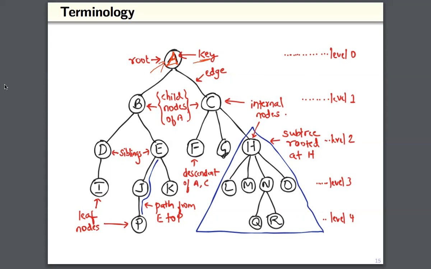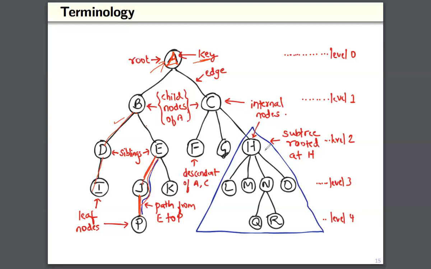Then what else do we have here? So you have the edge, child nodes of A, B, and C are child nodes. You can define child nodes, parent node, siblings, D and E are siblings of B, and leaf nodes, right? Leaf nodes, they do not have any children. And so each of this is an edge, a collection, a sequence of these edges is a path. These two edges is a path, these two edges is a path, so on. And descendants,